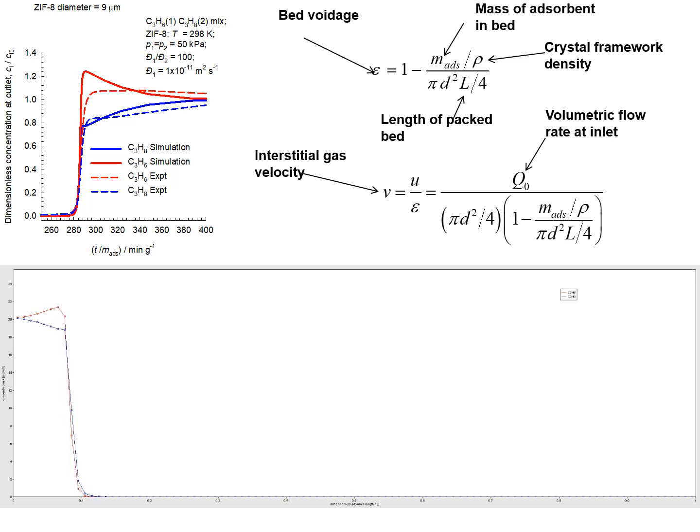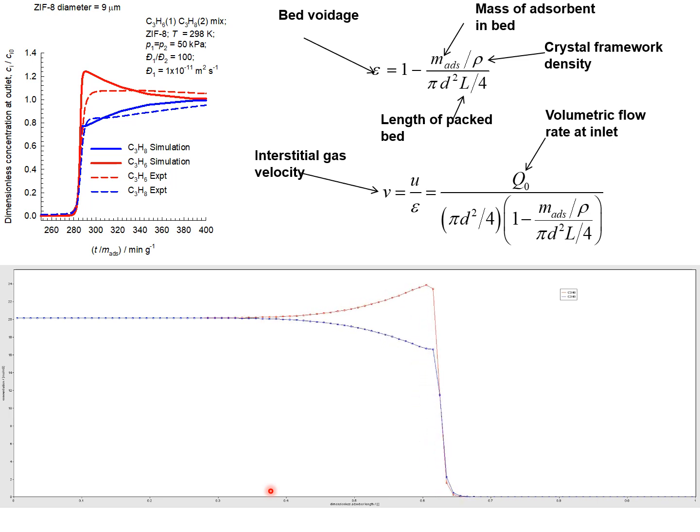For a chosen particle size of 9 micrometers, as is the case here, we see that the two components, propene and propane, traverse the bed practically at the same time, and this is because for the chosen particle size of 9 micrometers, intracrystalline diffusion limitations are of negligible importance